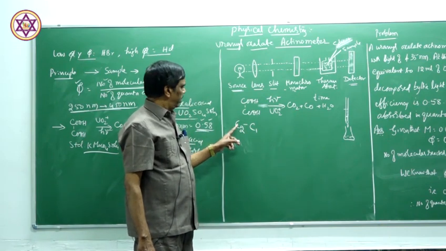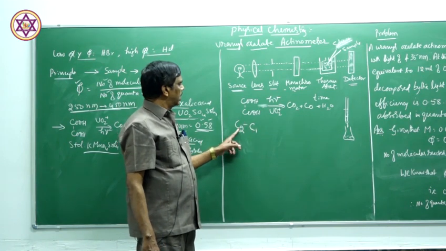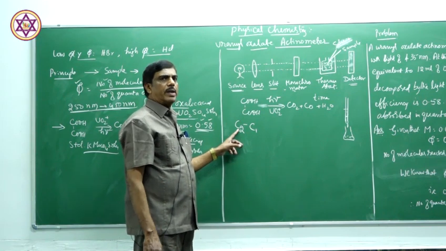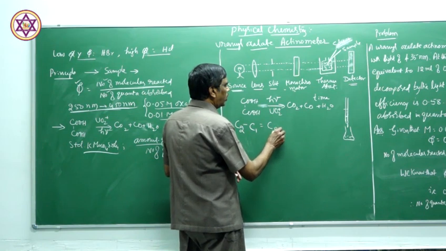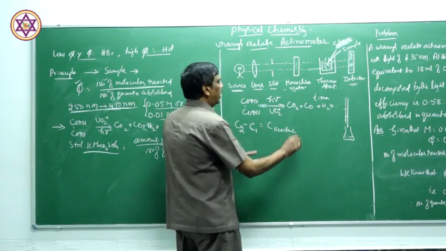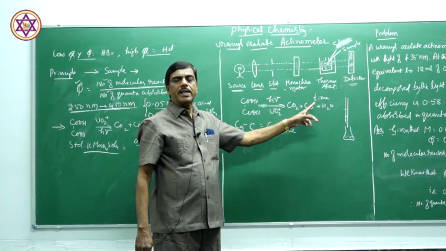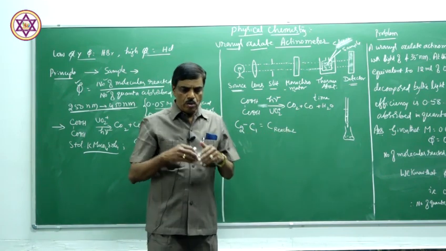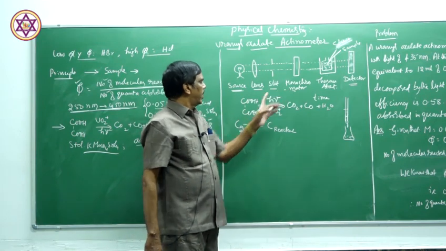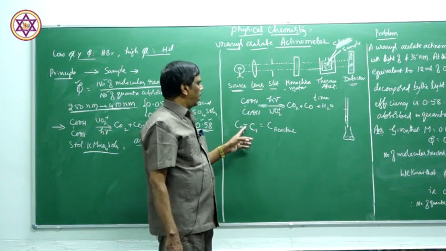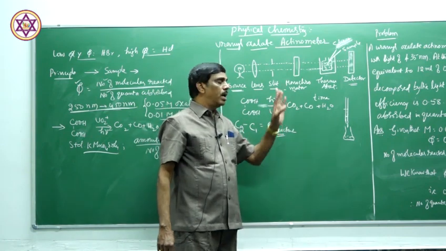If you subtract C1, the concentration of oxalic acid with the solvent, from C2, the concentration with the reactant plus solvent, you will get the concentration of the reactant which reacts for a known time t. That is, the concentration of the substance which undergoes reaction is known by subtracting the concentration of oxalic acid with the sample and without the sample. This is the concentration of the reactant which undergoes chemical reaction.